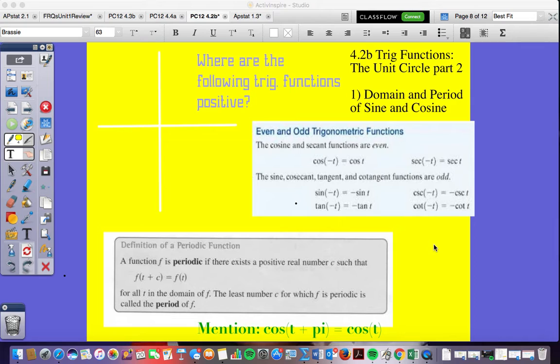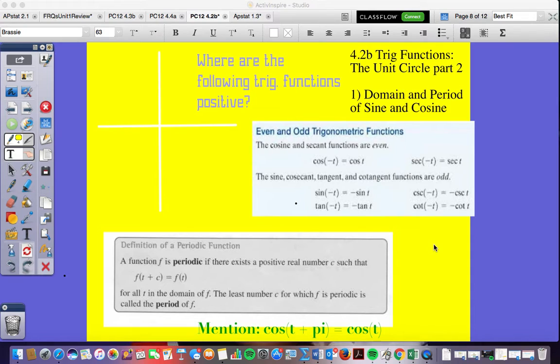All right, here's the good stuff. You ready? All right, I don't know if I've ever taught it like this, so we're going to try something a little new, okay? We're going to take an angle, all right? We're going to take a positive angle. We're going to represent this angle as t, okay? As t. Now remember that we have these definitions, right? And what I would like to do is just take this first definition of cosine of t is equal to cosine